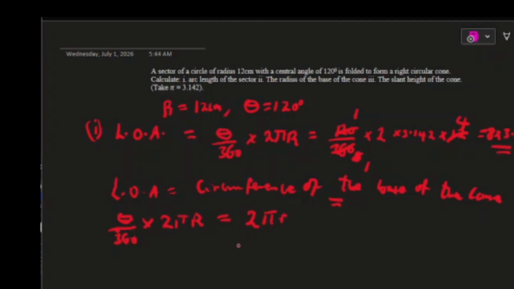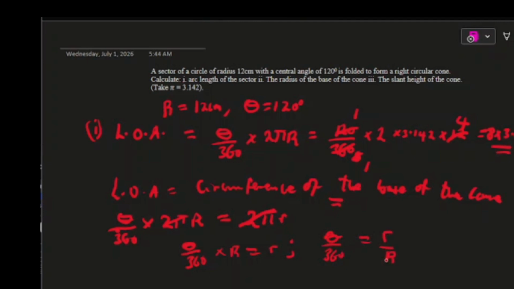In this case, small r is the radius of the cone. If you cancel 2 pi on the two sides, we are going to have theta over 360 multiplied by big R equals small r. We want to divide both sides by big R, so we have theta over 360 equals small r